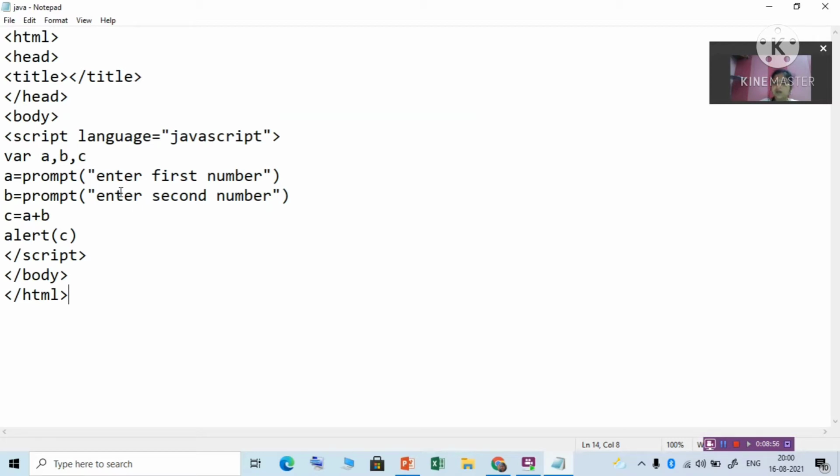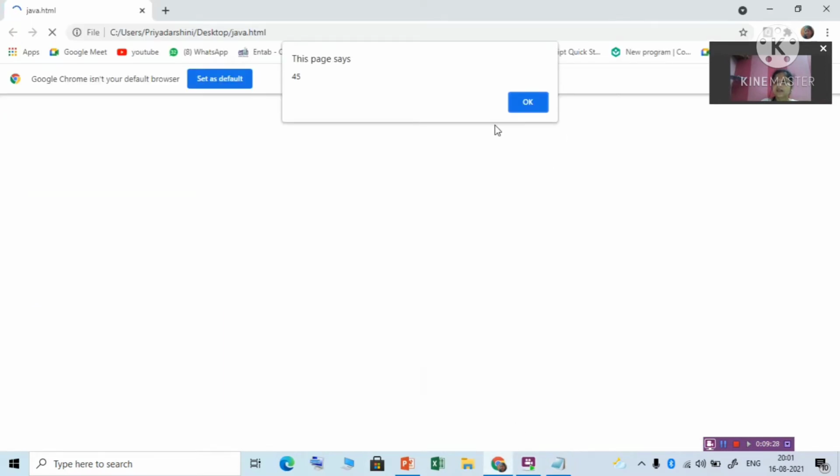So whenever we are adding characters, it is joining them, not adding them, because this plus is used both for strings and numbers. So we have to specify whether it is a number or a character. Since nothing is given, here it is treated as a character. That's why we are getting this result.